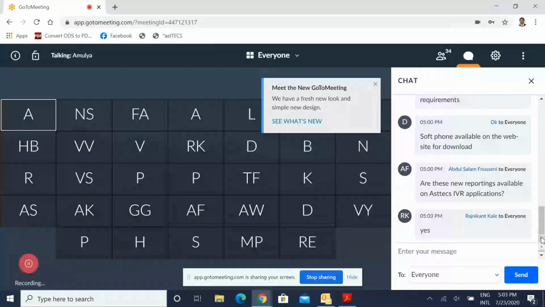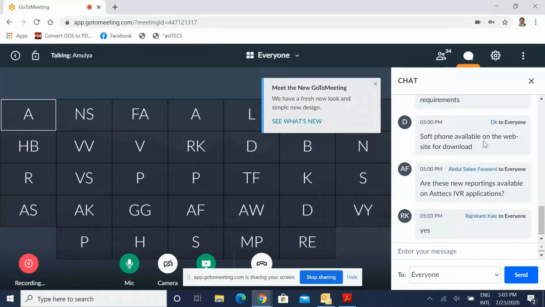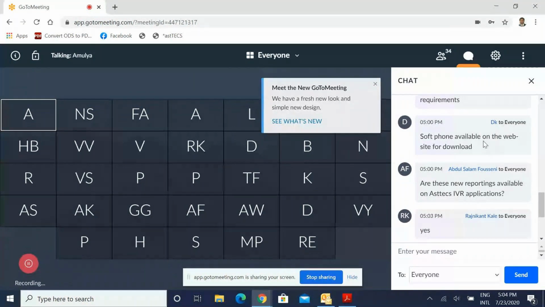I think this is our soft phone, which is there on our website also. Just open www.astex.com. On the top, you get a pop-up to download the soft phone. Okay, you all can try. I request, at least for your own trial and satisfaction, you download and start using.